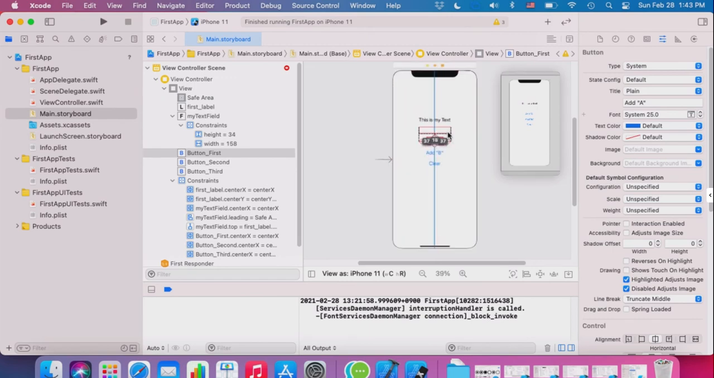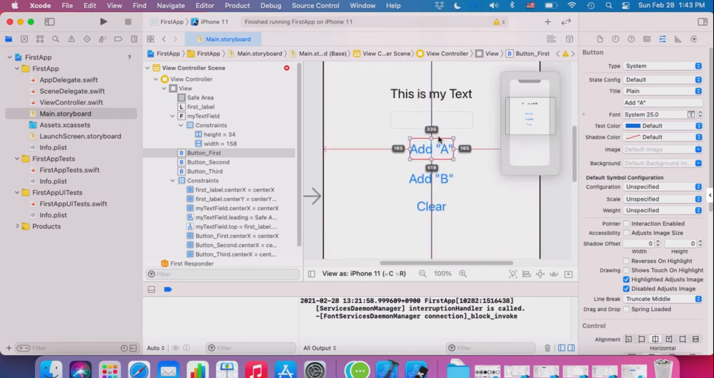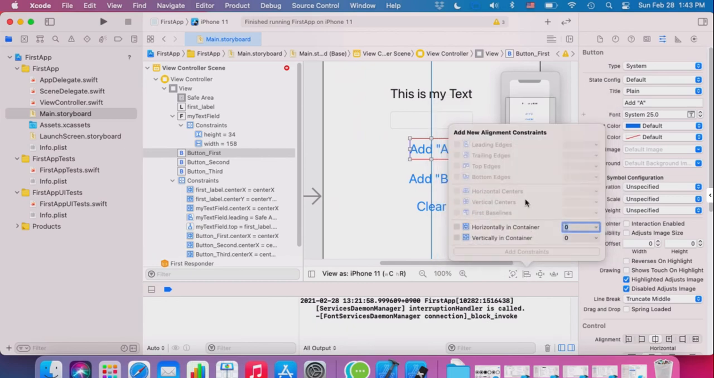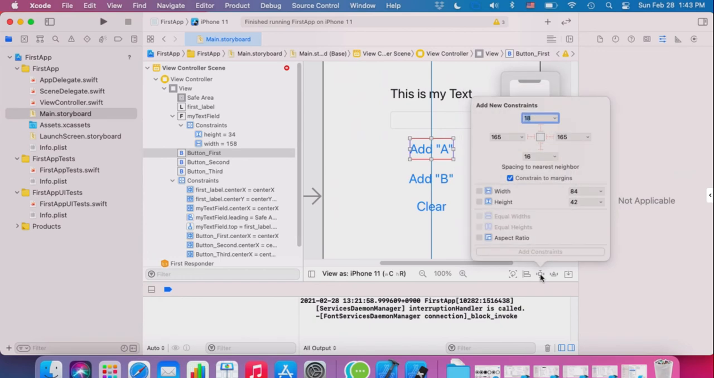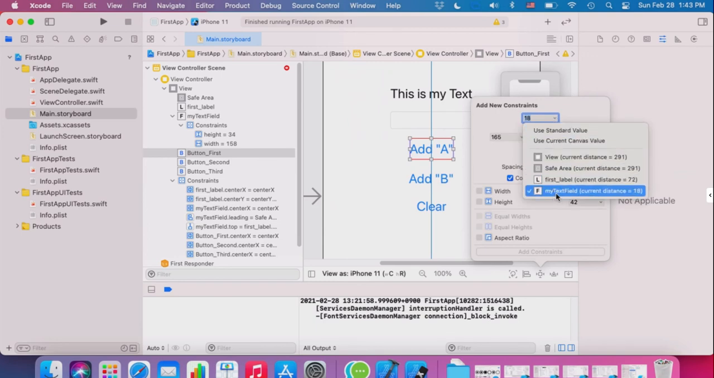So for our widgets, let's add it. To zoom again, press Option and use the scroll on the mouse. Okay, so here we already specified the constraint. Now click New Constraint and make sure that it is button add A, located next to the widget my text field, and